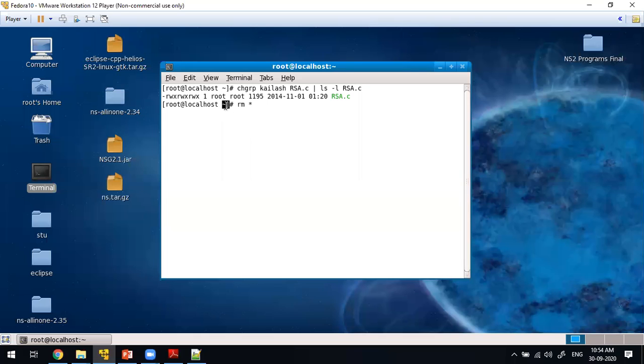Inside this directory, all the file names which are there, right? Those file names will be replaced: rm rsa.c and so many file names. It will change the command and then send that changed command to the kernel. Then execution happens. Then it will return the output, and that will be shown on the screen.